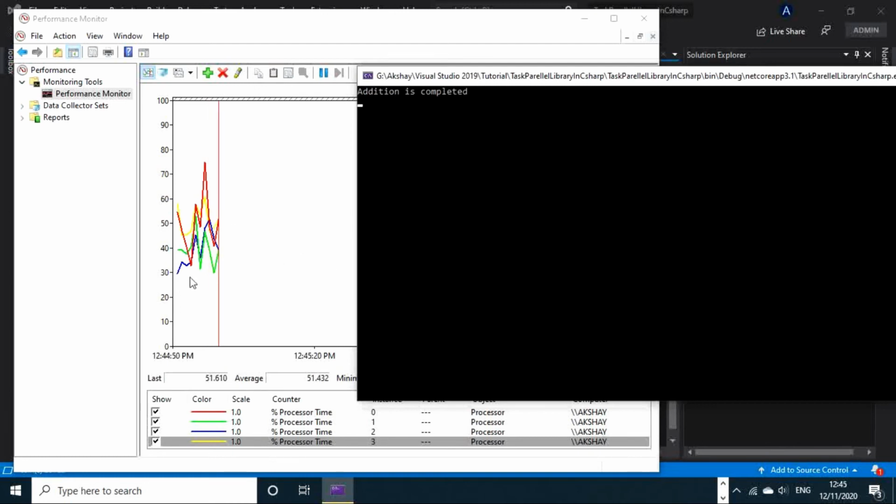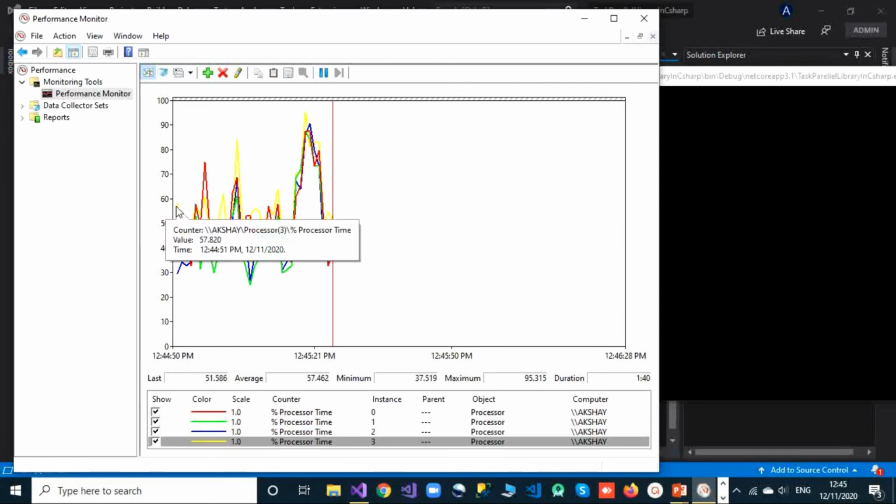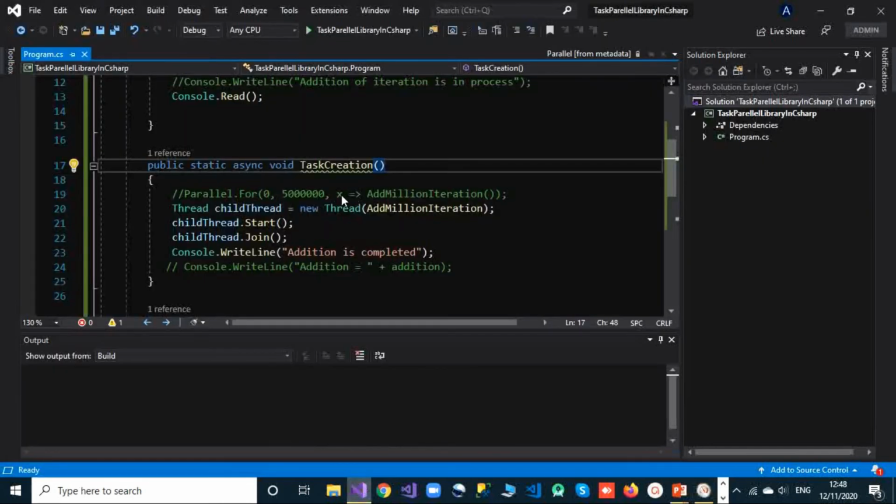And you can see that by using those threads, these processors are not used to their fullest capability. Okay, if you see this blue line, this blue processor is least used in comparison to all the other processors, and after that this green processor is used, after that this red and this yellow are used somewhat in parallel here now, instead of that thread.